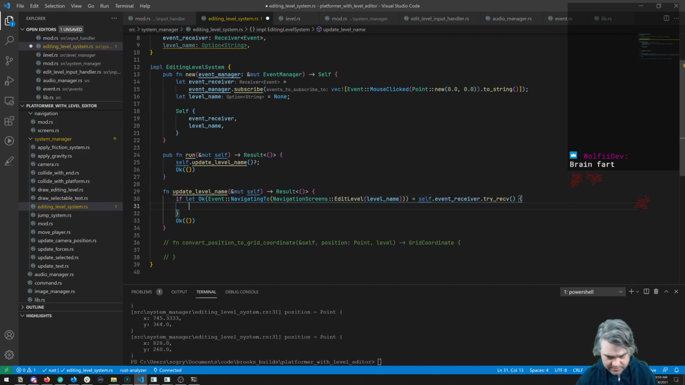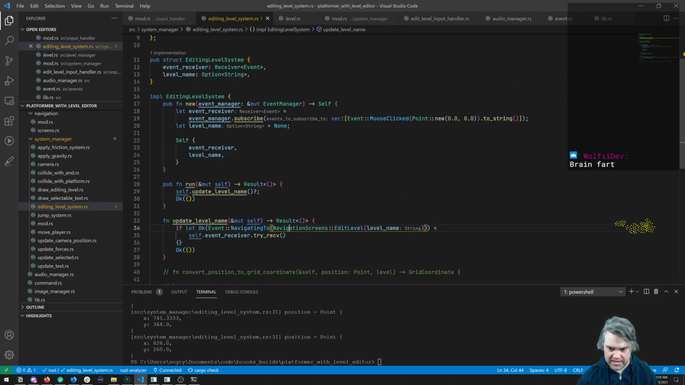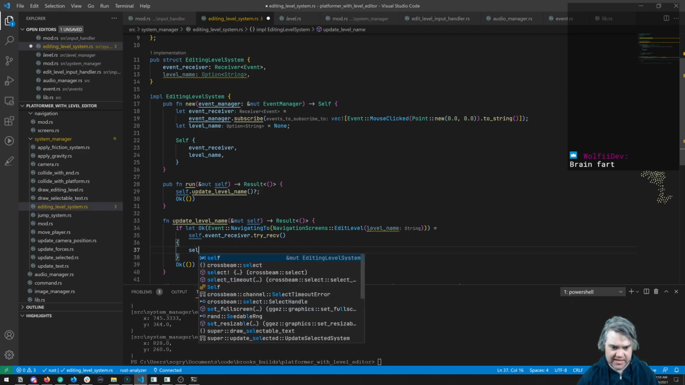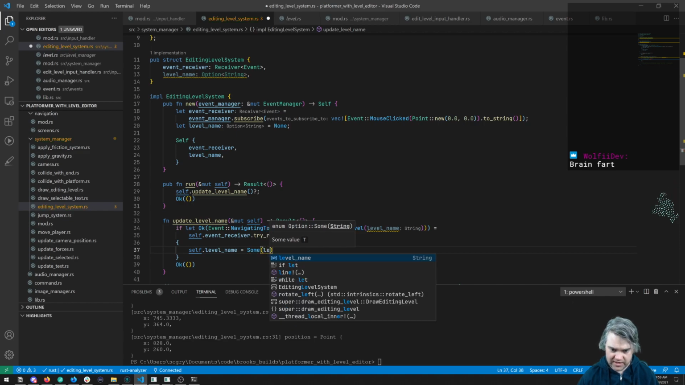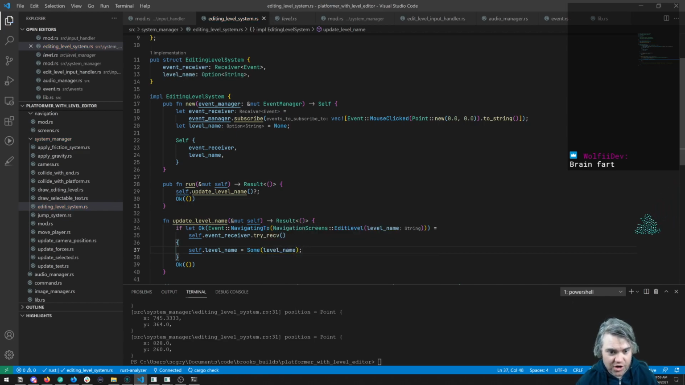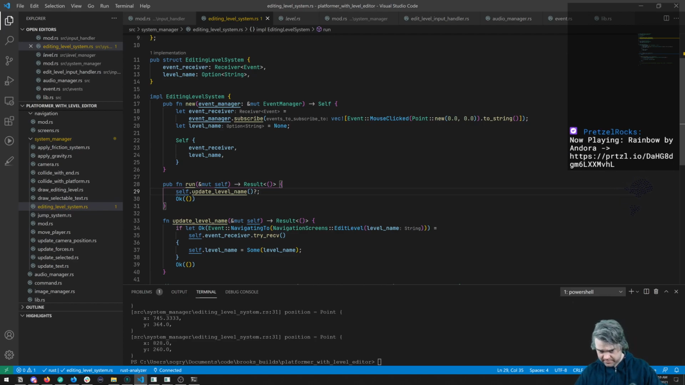That is not auto filling in for me, so that's a problem. That's because we need to import it. There you go. Now level name is a string, and so now I know that I'm gonna say self dot level name equals some level name. This is all I wanted to do here, is update the level name. So every single frame, it's gonna update this level name if it receives this event. What this also means though is that if we navigate away from it,